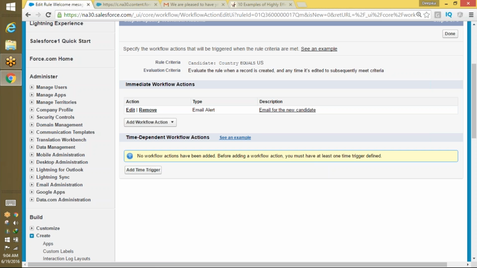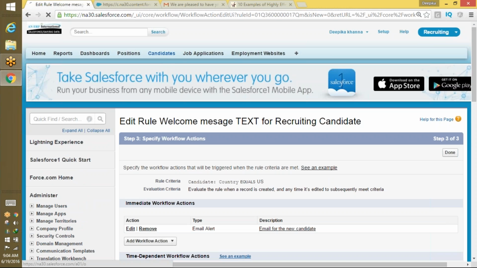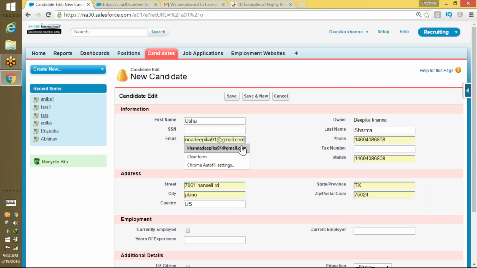So now if I go to the candidate and create a new candidate where this criteria meets, so I'm going to create a new candidate. Let's say the candidate name is Usha, and our rule criteria is what? The rule criteria is the country should be equal to US. And the email address will be the one to which this email will be sent. So let's say I'm going to pick this email address. To this particular email address, that email will be sent,